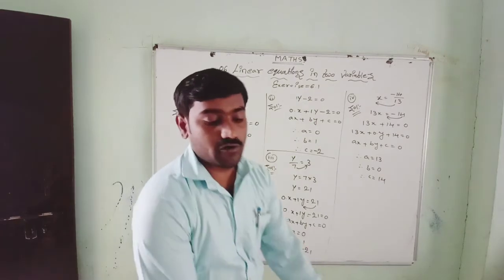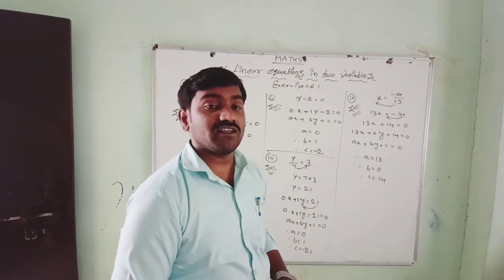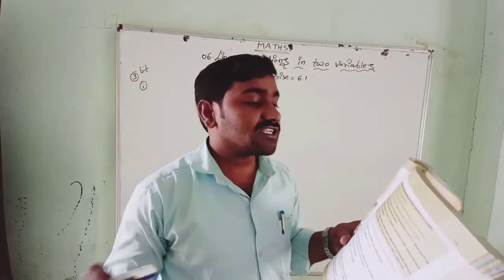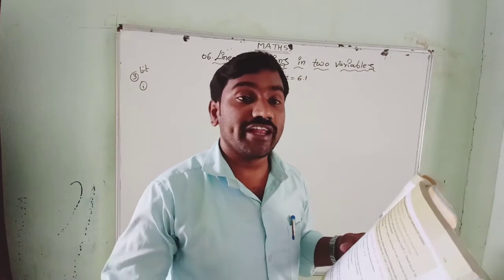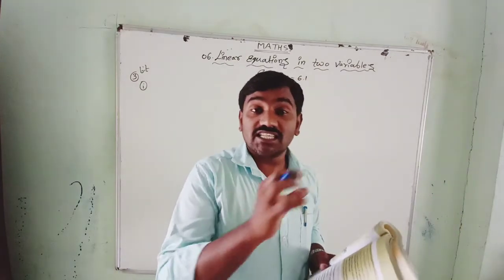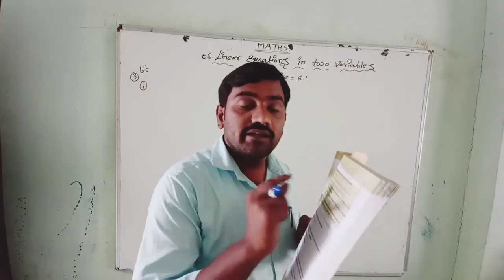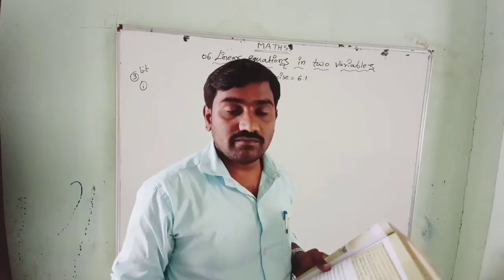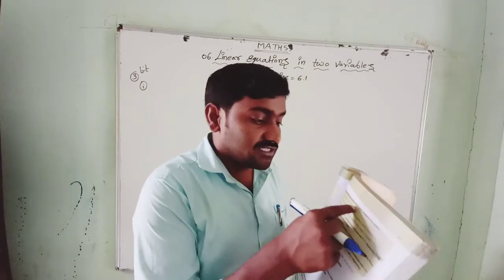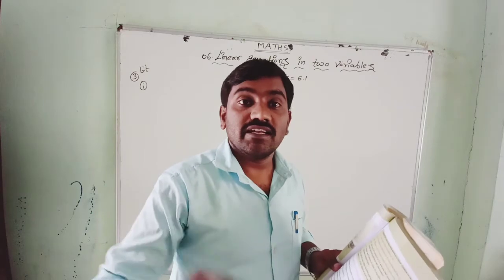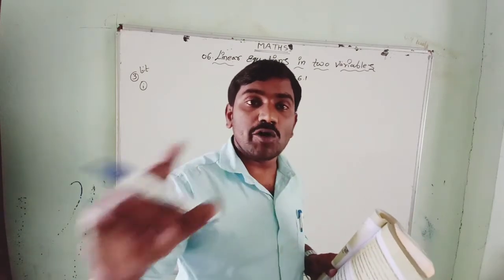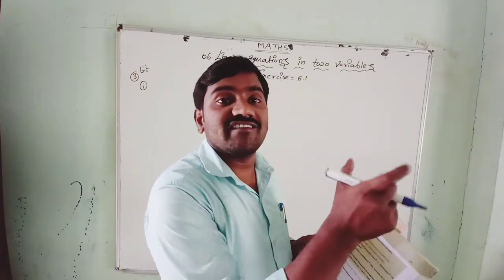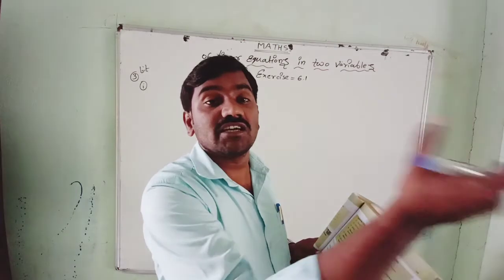See how we have written it in the form of ax plus by plus c equal to 0. Third bit: express the following statement as a linear equation in two variables. We have to read the statements given in the third bit and write them in linear equation form. It is very important, because if you understand this third bit, in the next exercises they will be giving word problems. Those word problems we have to understand clearly and form linear equations in the ax plus by plus c equal to 0 form.